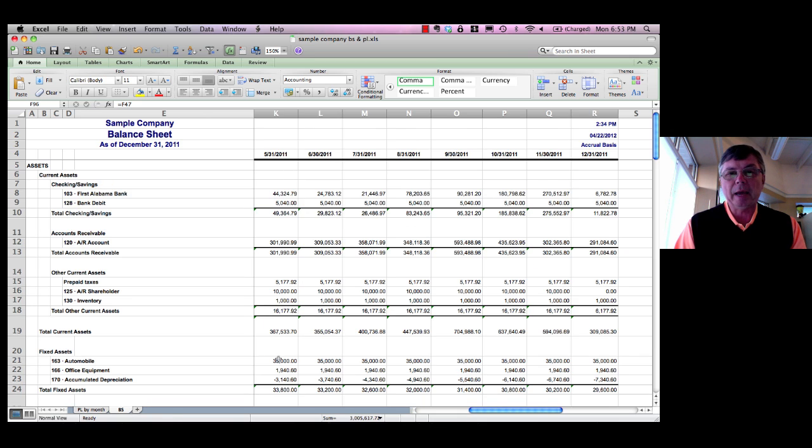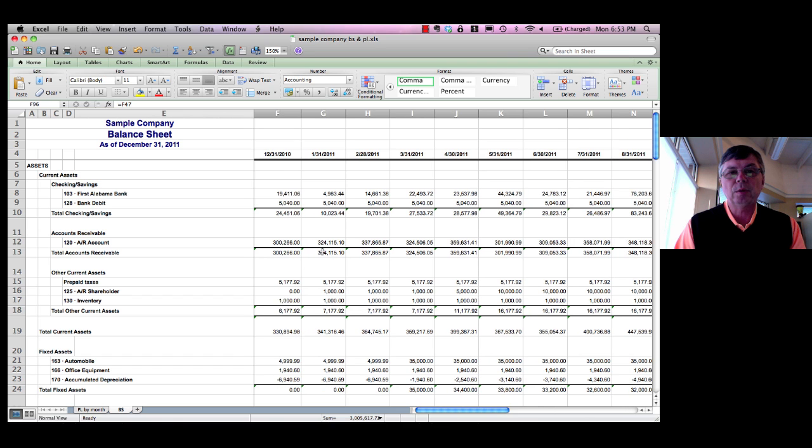Same process on the balance sheet. Here's the balance sheet out of QuickBooks. We started with 12 months of data. Now the trick in doing this in QuickBooks, I will tell you, is you have to go into the report feature and go into modify report. Don't try to do this from the pick a balance sheet. Go into modify report, and then you'll actually select